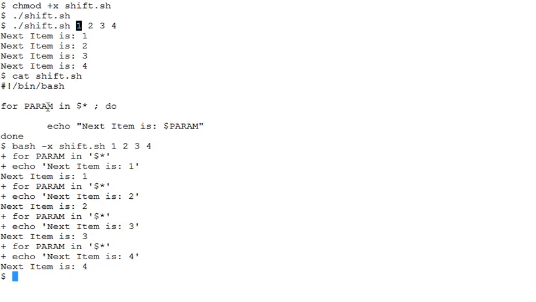Because there are 4 items, 4 iterations will be carried out, or 4 times the echo command will be executed, and each time it will get the next item or the next value in the list. So in total, you see the echo command is being executed 4 times, and the last value is the digit 4.